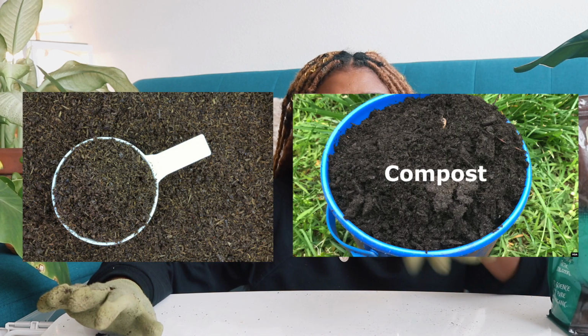Due to its neutral pH, you do have to add aeration and nutrients to the mix so that the roots